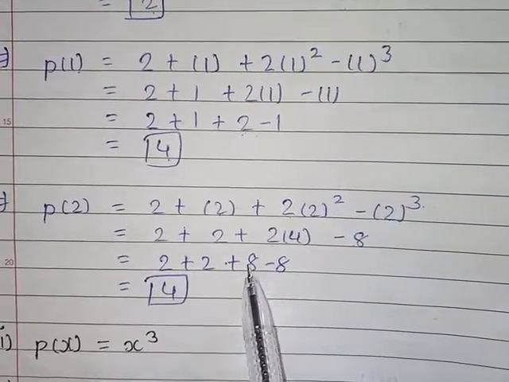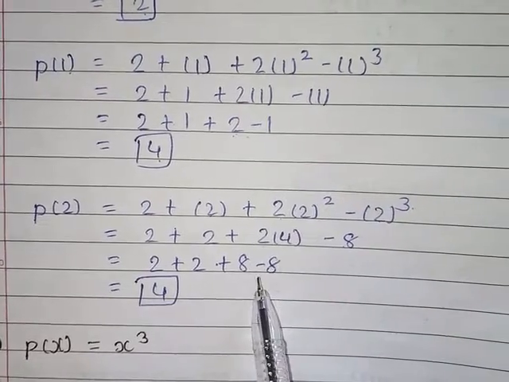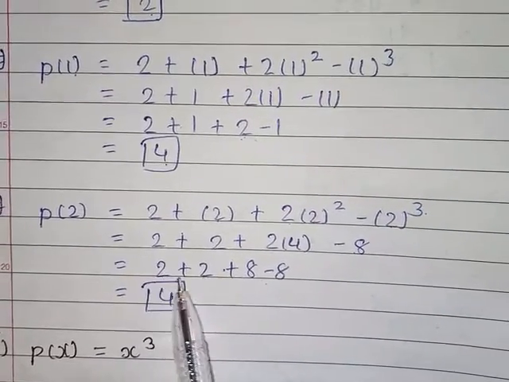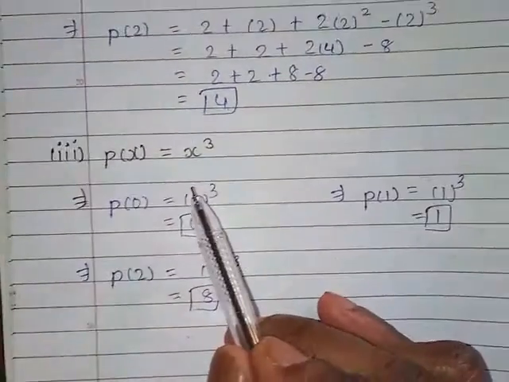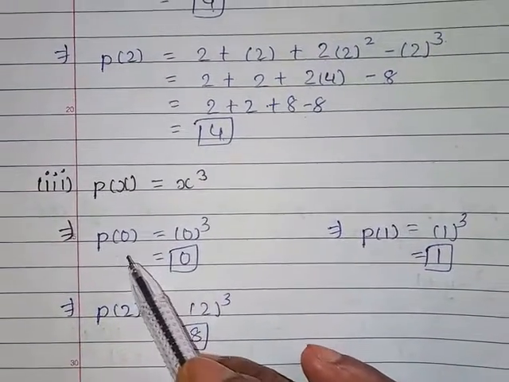Plus 8 and minus 8 will cancel out. What is left? 2 plus 2, that is 4. That's it. Now the third expression, here also we have to find out the value